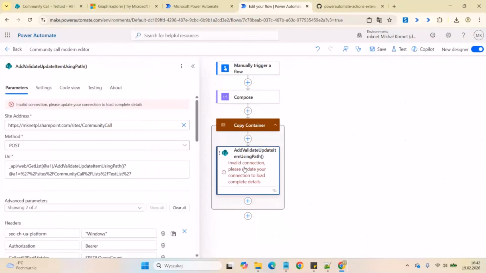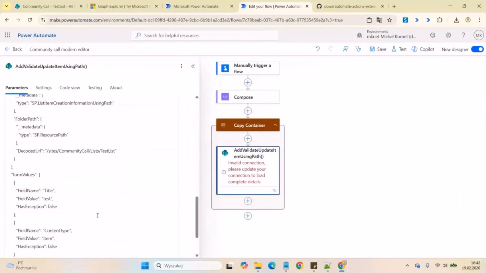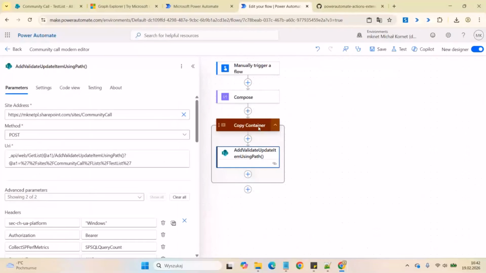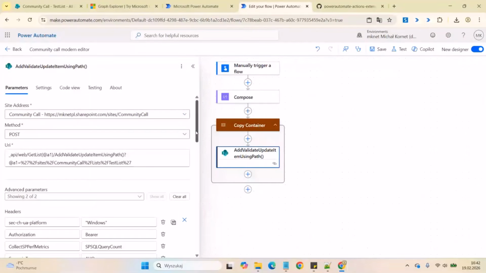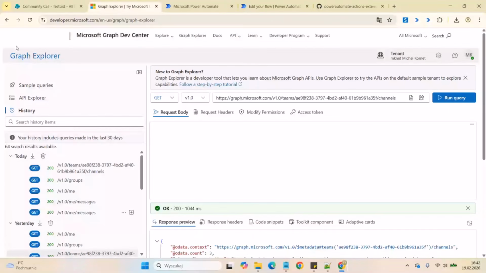One is that we need to change the connection. And the second thing is that the action is wrapped by a scope. So to have it cleaner, you need to take it off the scope. Another feature, which I mentioned before, is the connection to MS Graph. So we can also